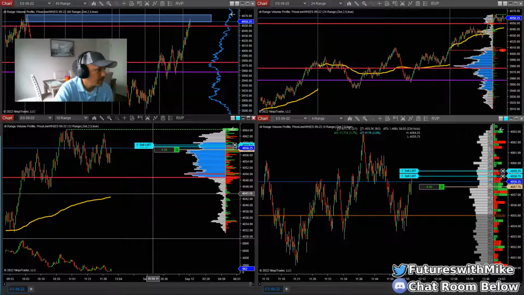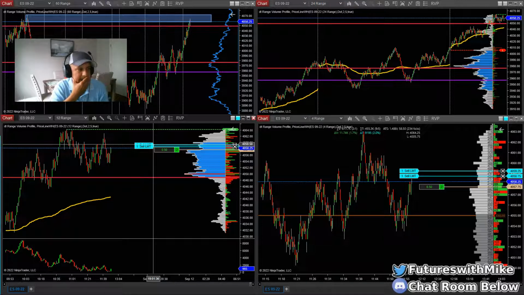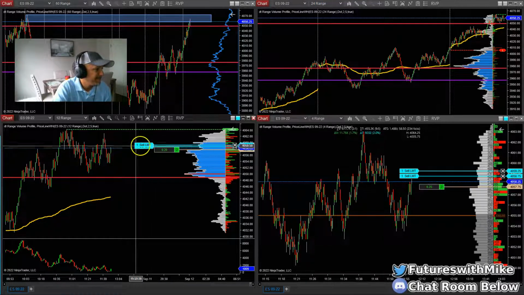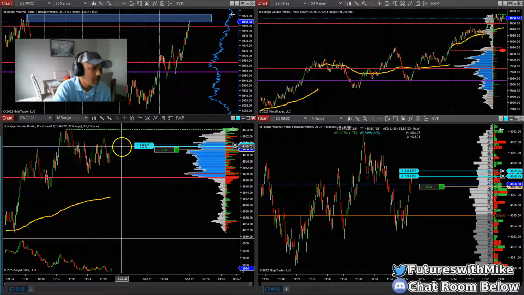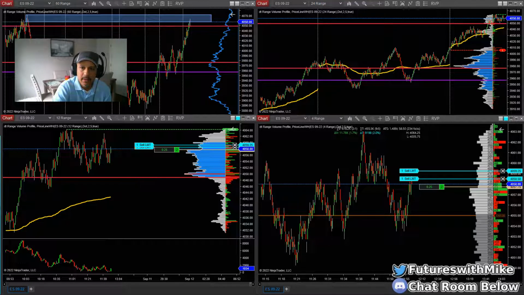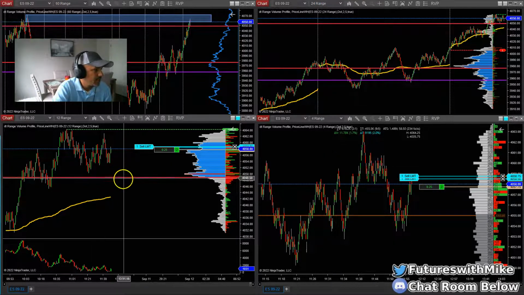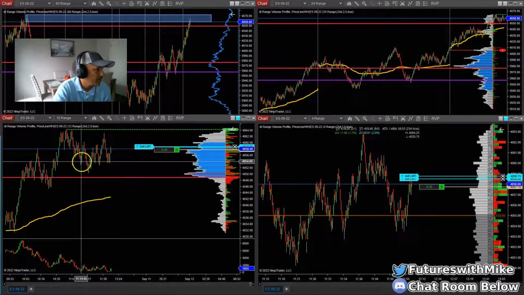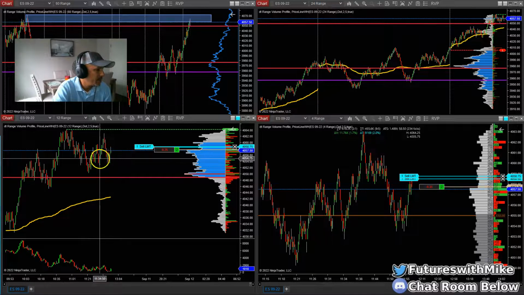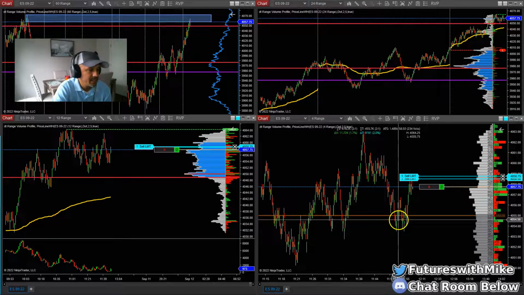Come on. Okay. Hit my first contract and bounced off. I'm going to go ahead and close this trade out. I mentioned this area down here, area of demand sitting right here. Price rotated, rejected it, but